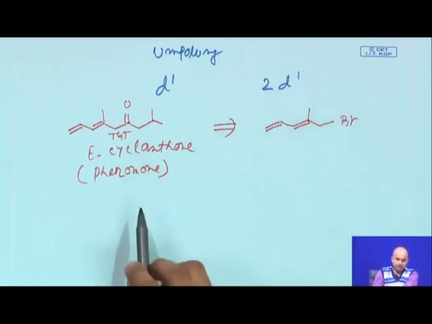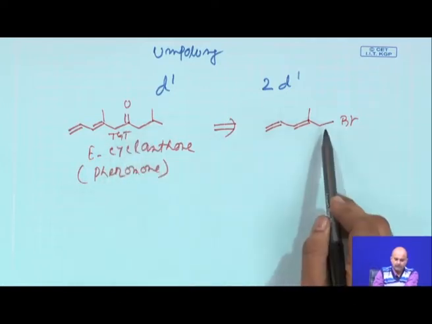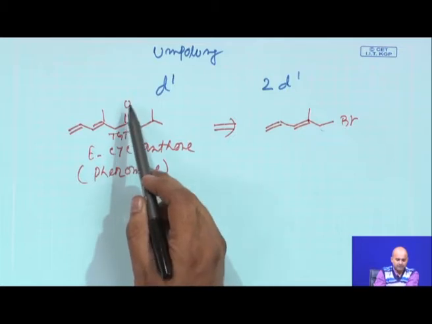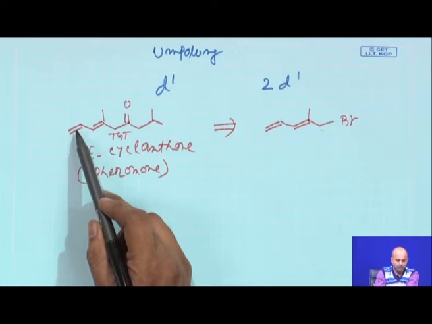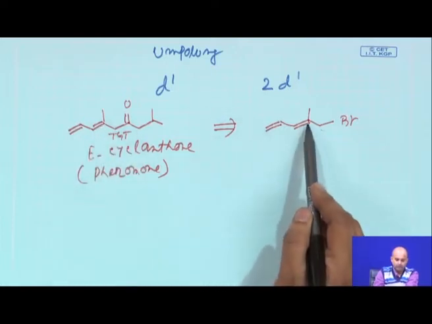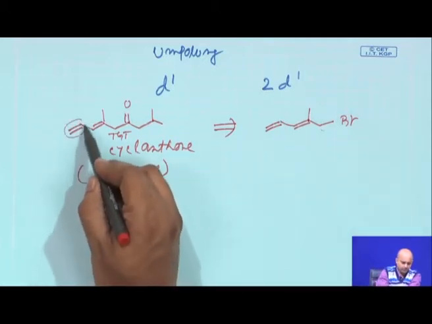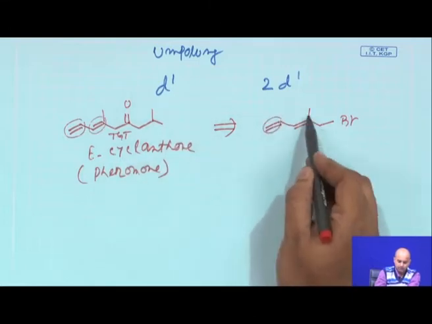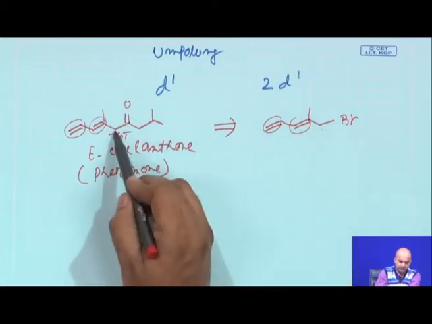Now, as I am doing a functional group based approach, the starting material has an allylic bromo, and the final target has a carbonyl compound as the main core functionality. Two olefinic bonds are there in the target, and the starting material also has two olefinic bonds. So these two double bonds remain the same in the target molecule. No need to change anything, because methyl is there, only this CH2 is there.